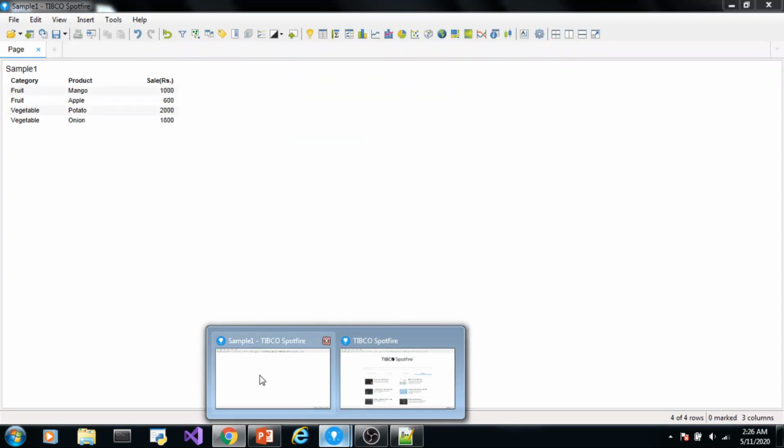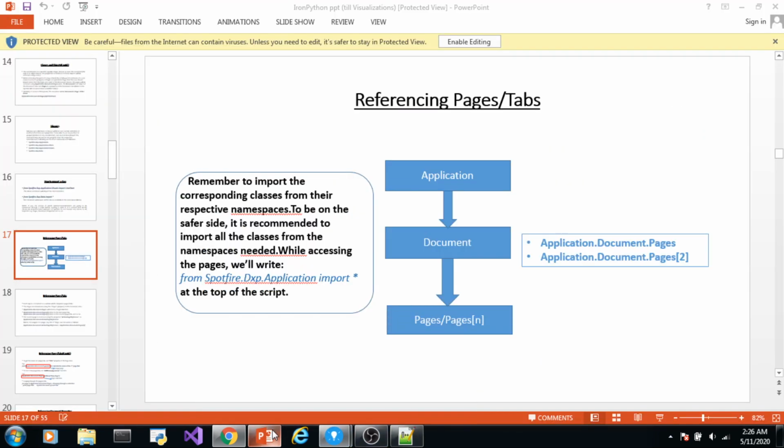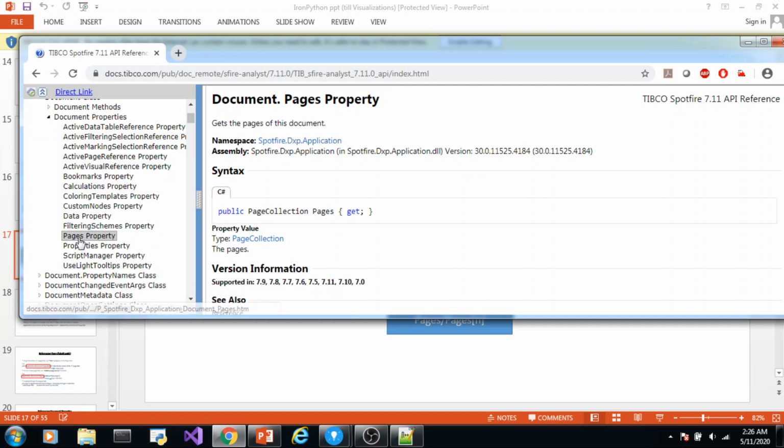This is the document, and this is the property of that document class. So this is basically containing an object of your document, object dot properties. So this is the pages property.